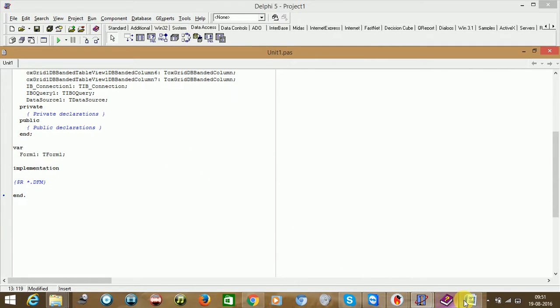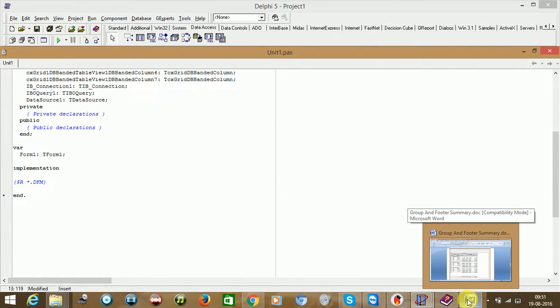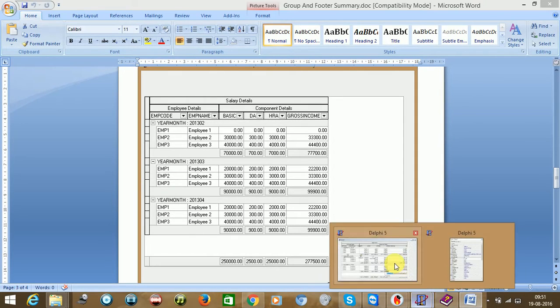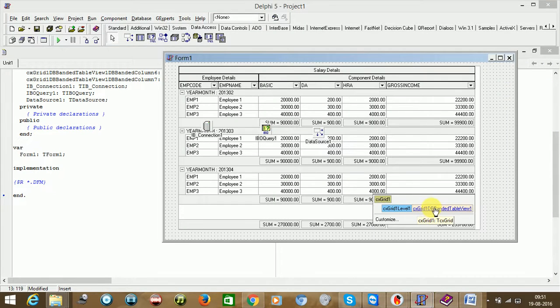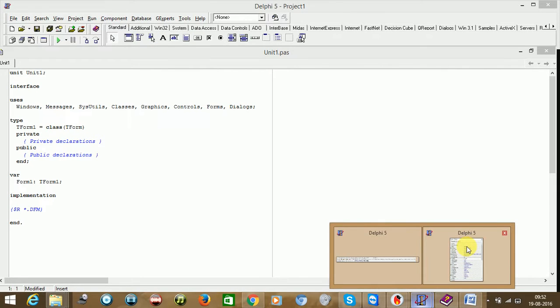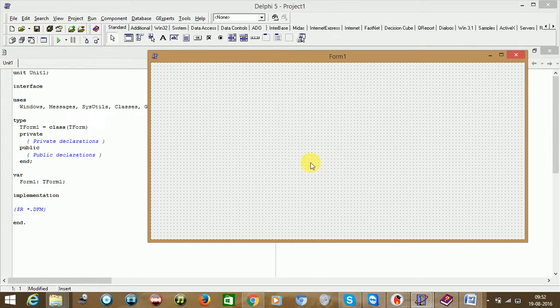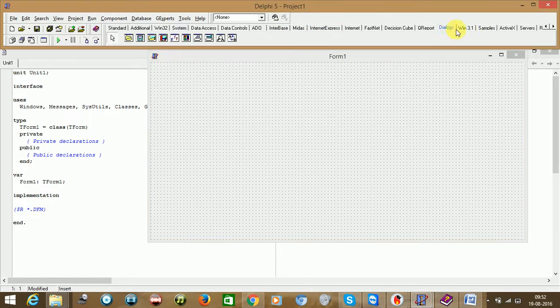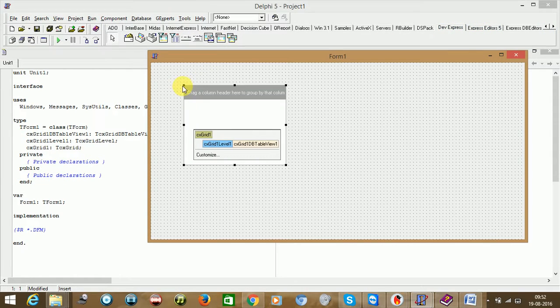So we have come to our first aim, that is how to display using, and yes, I would like to bring it to your notice that this is only one view we have taken, as I discussed with you. But now how to take two views and still display different data at design time only, without writing a single line of code. So go to our next application. There is no code, and the same thing we need to do here. We just need to take one grid from DevExpress. Click here